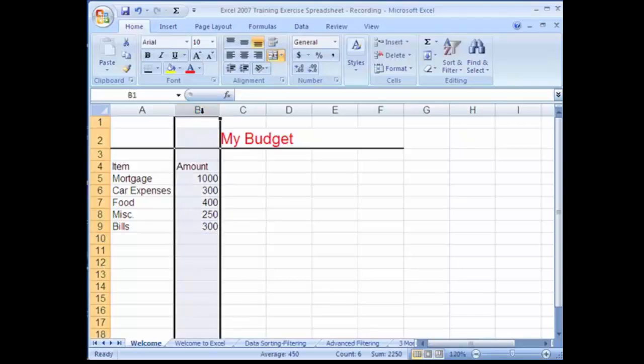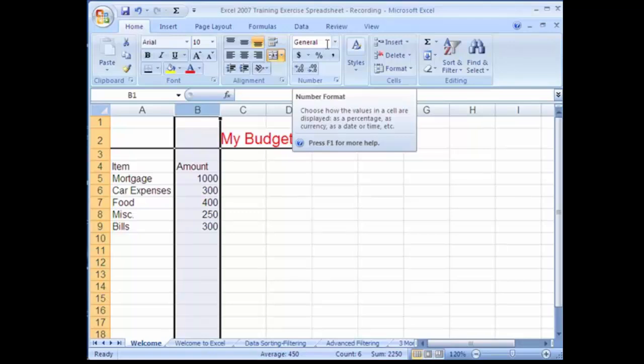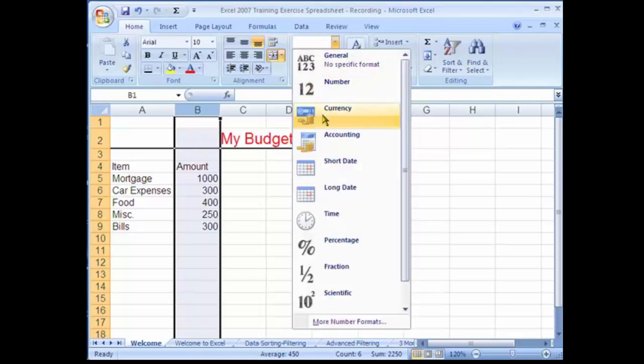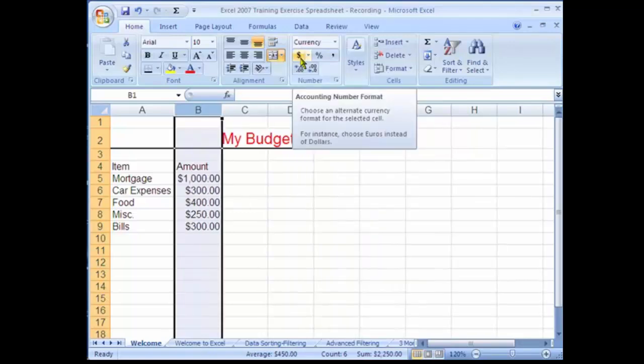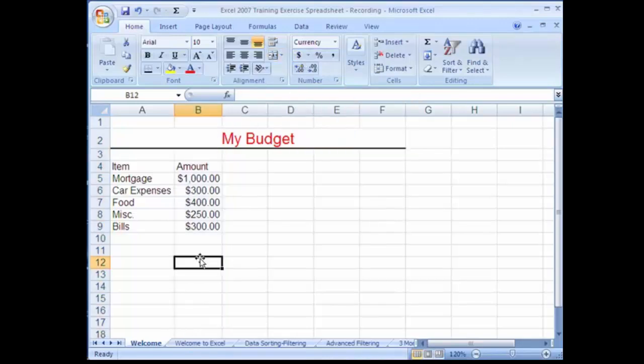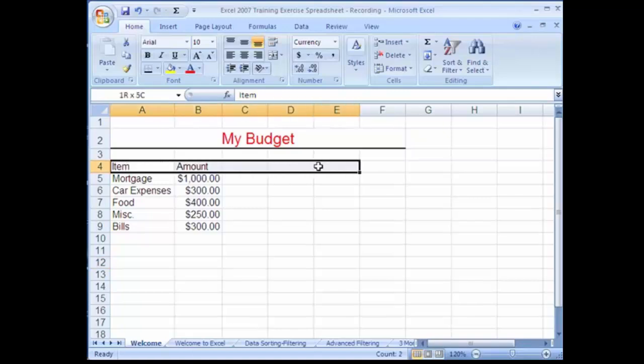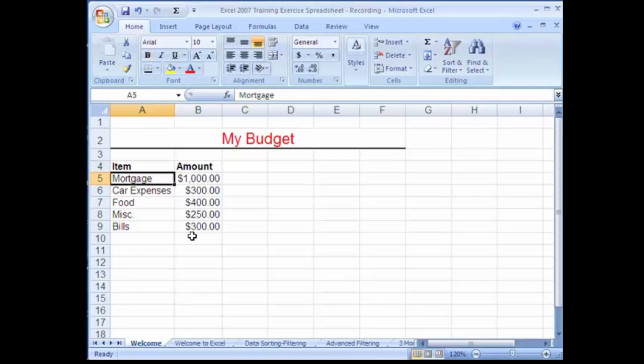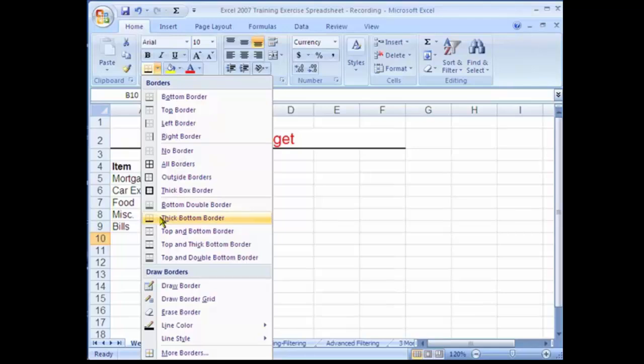So select the column and then format this so that it is currency. You can also click on the $ sign here, and it will do the same thing. Now of course you can format this any way you want, so you can make this bold so it's more visible as well. Now down here we want to put a line so it kind of tallies those numbers up. Click on the formatting area here under the font, and let's say we want to put a double border,